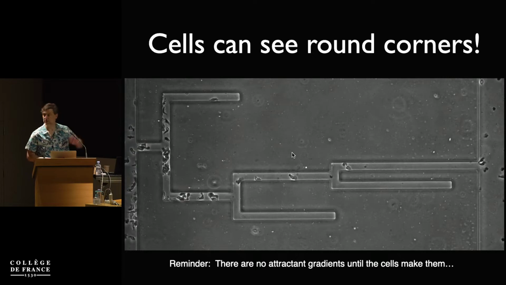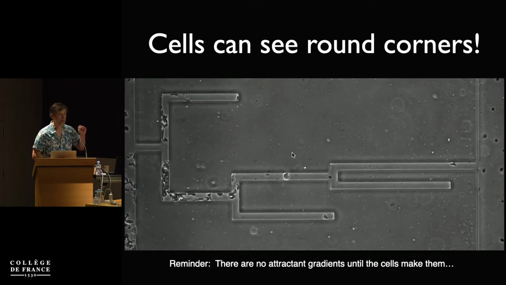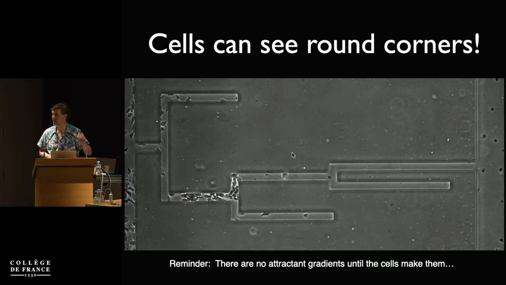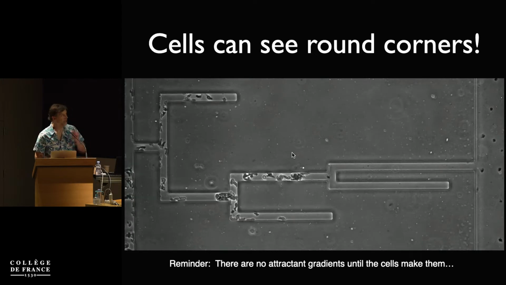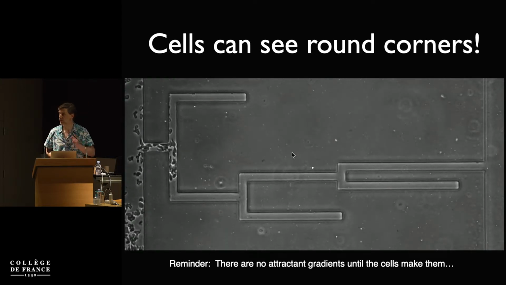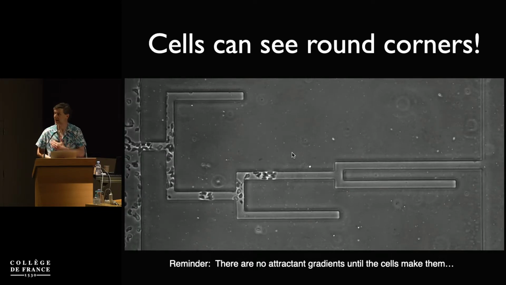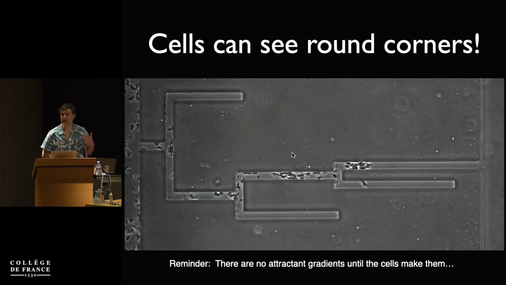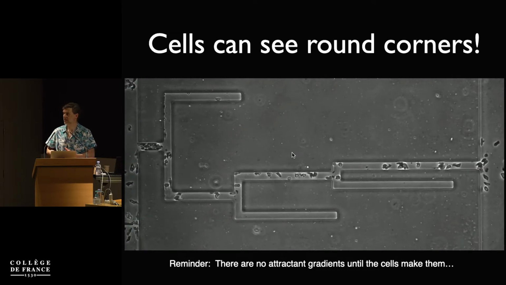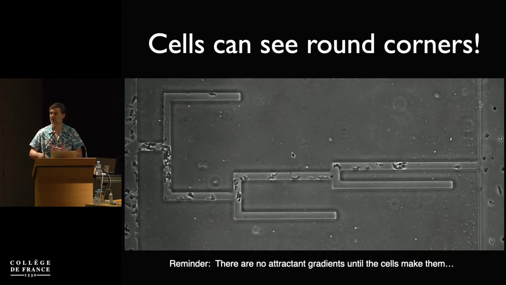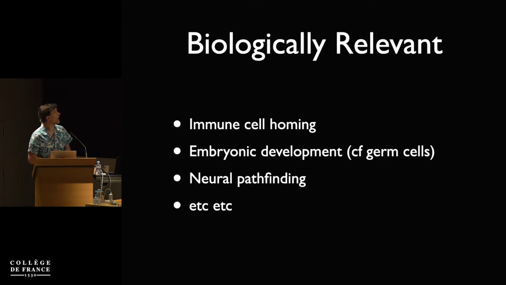Do you see the cells behind the front now do some migration? But it turns out that that is because our presumptions were incorrect and that the cells are still able to talk to one another. So we can mutate the genes that allow these cells to talk to one another, and then it behaves exactly like the model does. The models are that perfect. And having models that are that perfect for chemotaxis and self-generated chemotaxis lets us build stupidly complex things and discover things that we didn't believe we could a year or two ago.